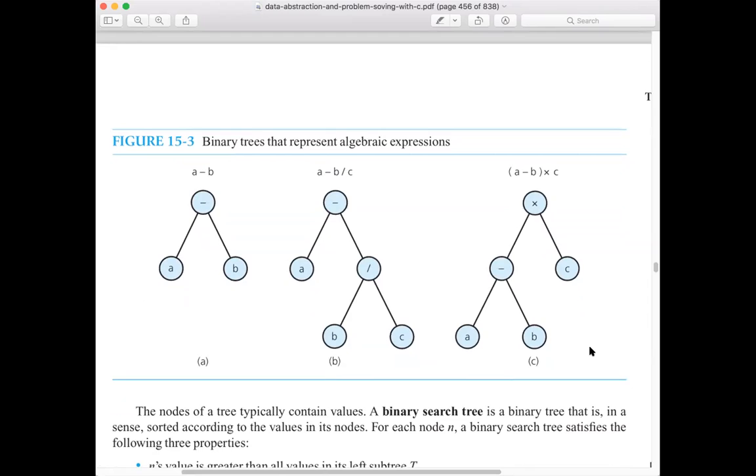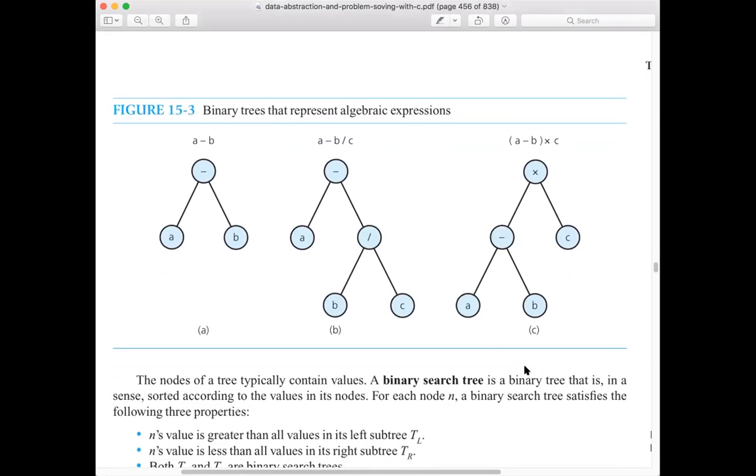Okay, so we started talking about general trees, and then we started talking about binary trees. Now we're going to drill down a step further and talk about an even more specific kind of tree called a binary search tree. A binary search tree is just a special kind of binary tree whose nodes are in a required order. The requirement for a binary tree to be considered a binary search tree is that for every node in the tree,